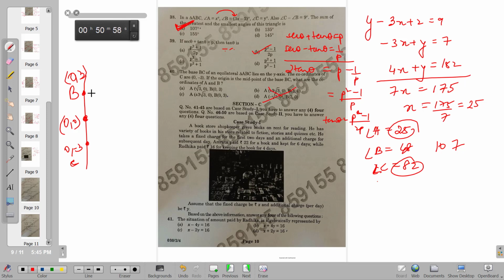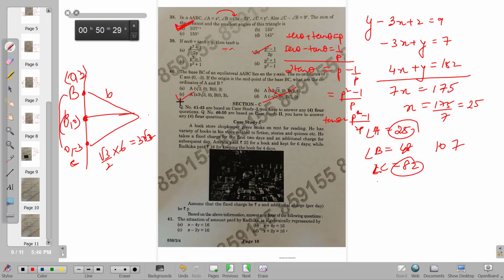And you need to find the coordinates of A. Now, what is the base length over here? The base length over here is 6. This is also 6. Always the height of equilateral triangle will be root 3 by 2 times side. So this will become 3 root 3. Now, which is a better answer over here? Plus or minus 3 root 3 is the better answer, because the third coordinate could have been on the right side or it would have been on the left side. So 40C will become the answer. Now, what is left?